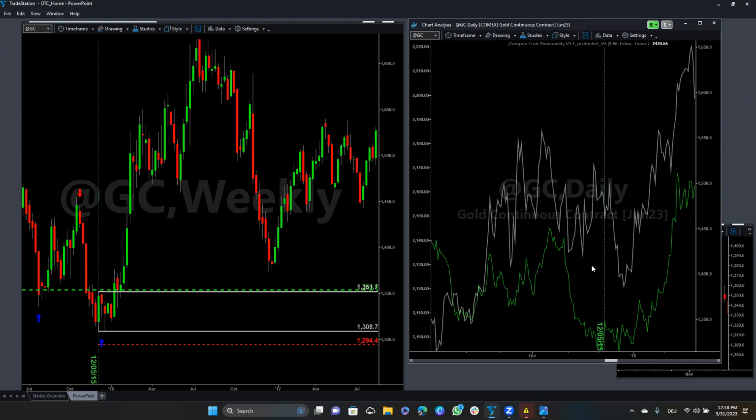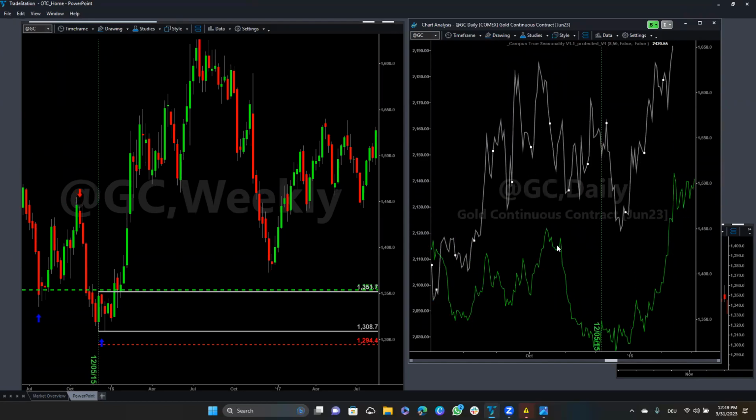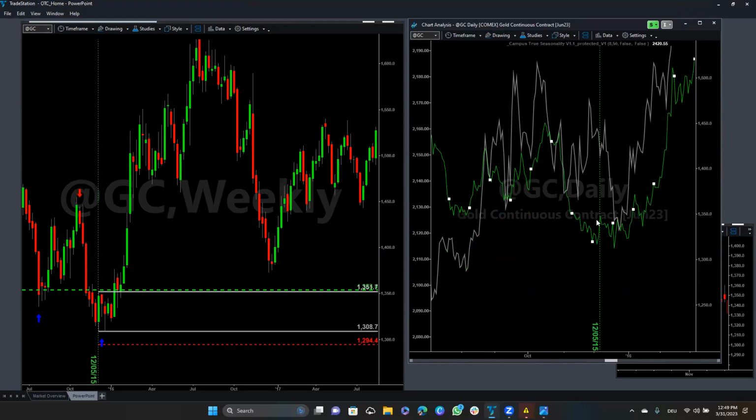Seasonality chart. It is the same like in the slide, right? See, current price here, and we expect more weakness in the next days. The next buying point is here, right? Check the gray line. This is our seasonality chart. Means this is definitely not the best entry, right? It is not the best entry for us